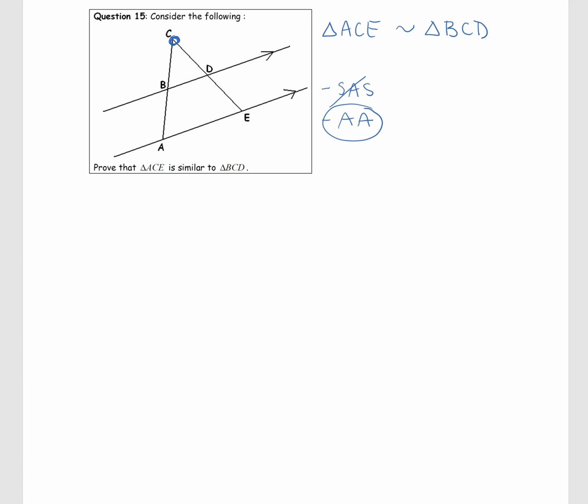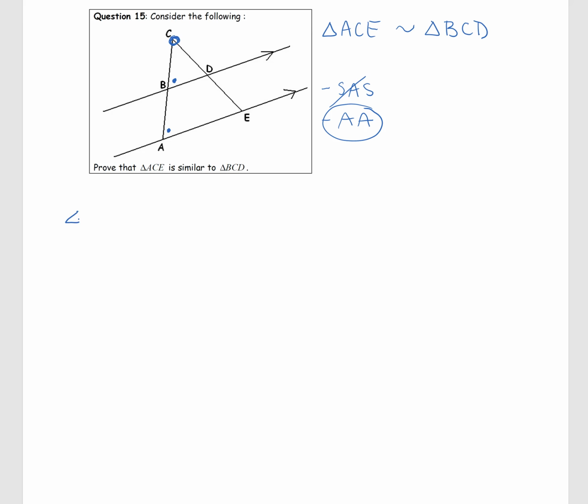And we can show that by looking at this straight line here, AC, it crosses these two parallel lines, which we've been told by these arrows here are parallel. So this straight line crossing these two parallel lines is called a transversal, and this actually indicates that this angle here is exactly the same as this angle here. So writing that out,